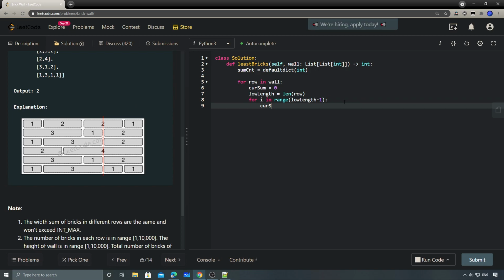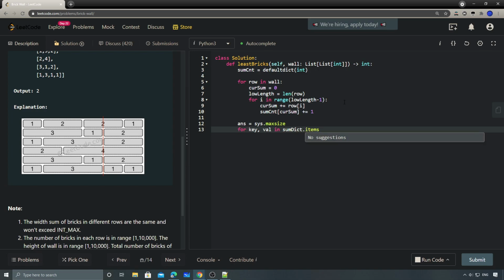and then each time we increase the current sum by the current row's brick, and then we increase the sum count dictionary by using the current sum, increasing by 1. Okay, and now the answer. So the answer is going to be sys.maxsize, since we're getting the minimum. And then for the key and the value in the sum count dictionary dot items,